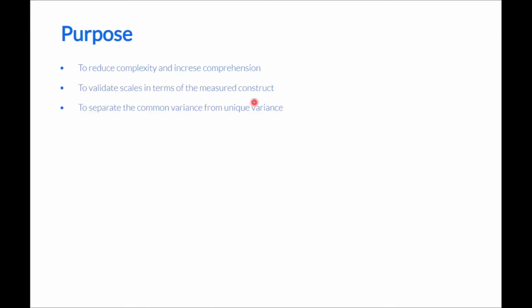The general purpose of this approach has three main purposes. On one side, it is to reduce complexity and increase comprehension of the issues. For example, about political participation, there are a lot of indicators that can show different behaviors, at least 30 behaviors, and some behaviors are more related to each other than others. If we only observe each one separately, the complexity will be huge in understanding the behavior of people. In that case, we can use this kind of approach to reduce complexity, using structural equation modeling or factor analysis to increase comprehension and simplify reality,